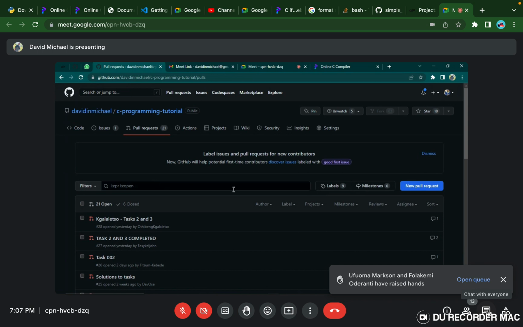So how do you create a pull request? Just click on new pull request. This is my repository, so I can't go on to create a pull request on my own repository. But just click on it, and the prompt it gives you is explanatory enough. But on the description,